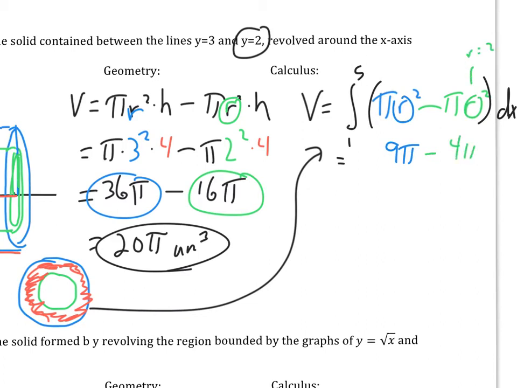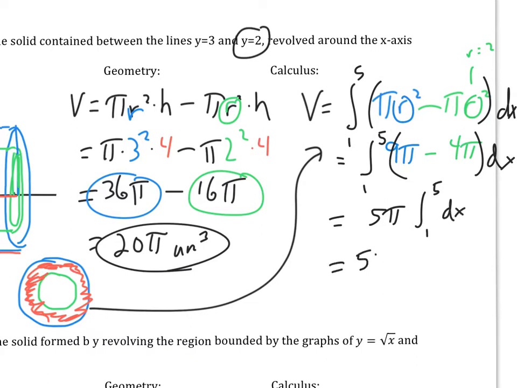So I'm going to have 4 pi, and I'm doing the integral from 1 to 5 of 9 pi minus 4 pi dx, and of course 9 pi minus 4 pi is 5 pi. I can pull all of that out, because that's a constant, so I really have 5 pi times the integral from 1 to 5 of dx, which gives me 5 pi times